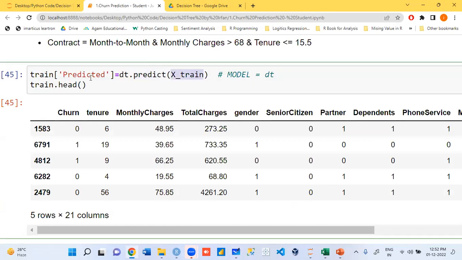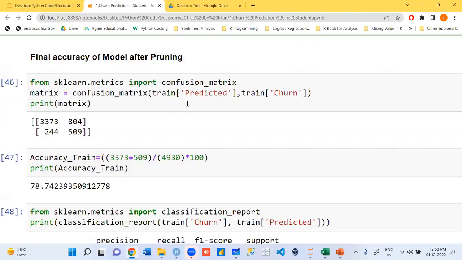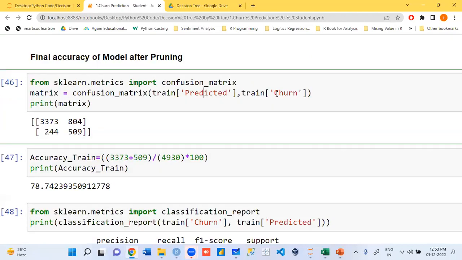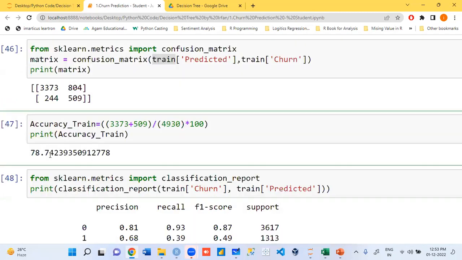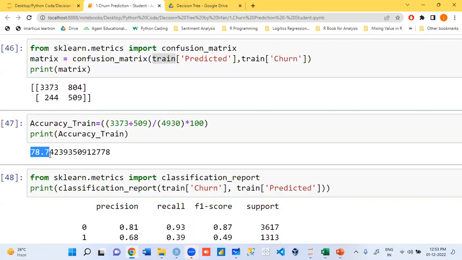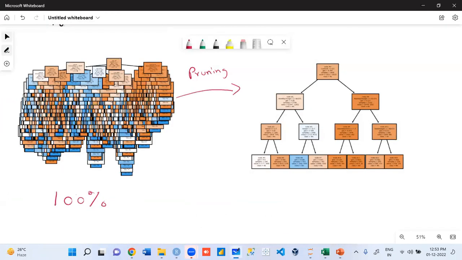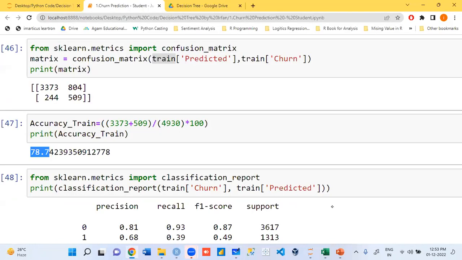In the train data, make a new column called predicted, and make a confusion matrix for predicted and actual. The formula is 3373 plus 509 divided by the total number of rows. Can I say we reduced the accuracy, guys? Can I round up to 79%? Overfitting is controlled.